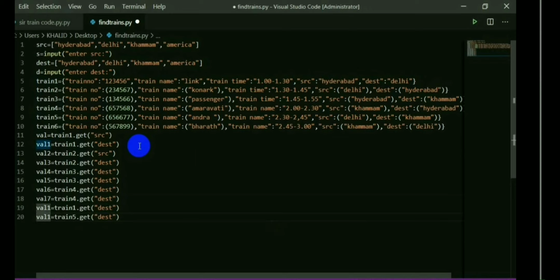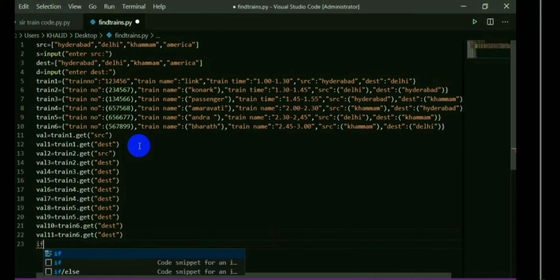As the values are almost done, you can see all the 11 values are done.